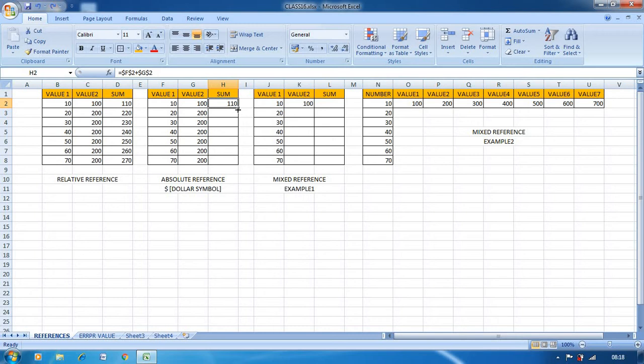instead of 220 it becomes 110 only. Because if we use the absolute reference, then the formula will not be changed, because I have fixed the column name and row number here. If I use $F, on that time it doesn't change. And if I drag downside, what happens? 2 becomes 3, 3 becomes 4, 4 becomes 5 in relative reference. Here I have fixed the row number also. So $2, and same way here also.